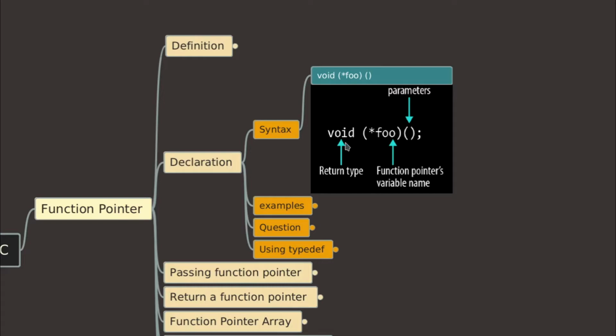Okay, how can we differentiate between a function and a function pointer? It's very easy. Usually the function pointer name is enclosed in brackets with an asterisk in front of it, denoting that it's a pointer. There's a slight difference between a function pointer and a pointer to a 2D array. In one of the upcoming lectures, I will explain the syntax. So let's take a few more examples besides this.